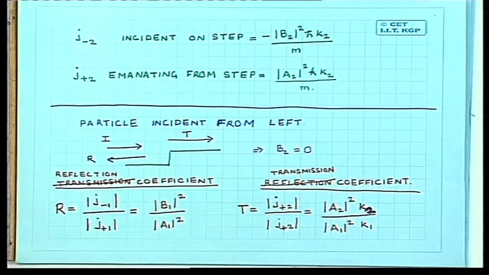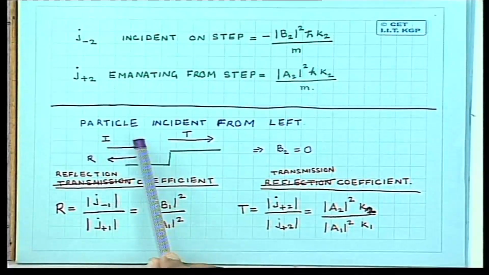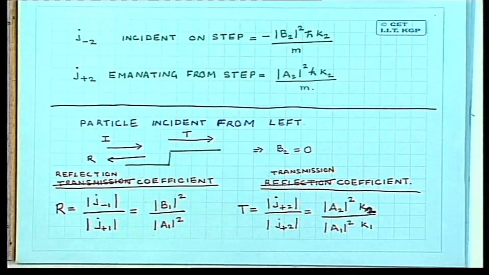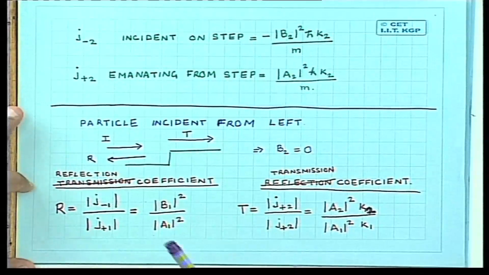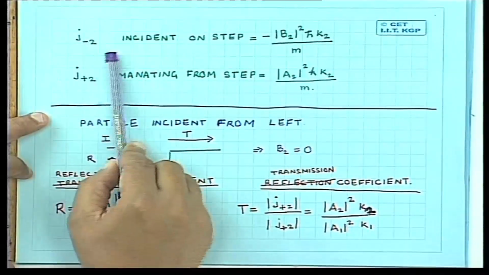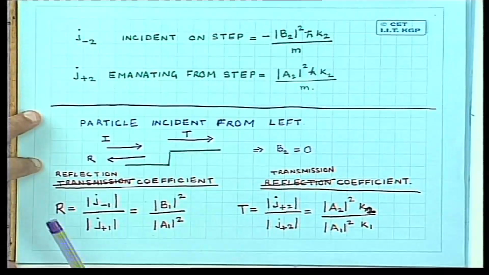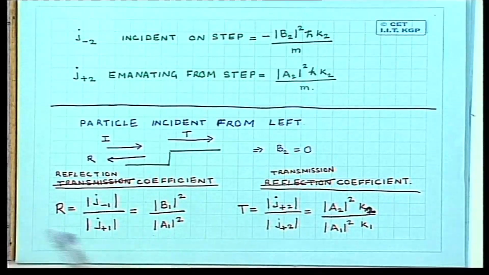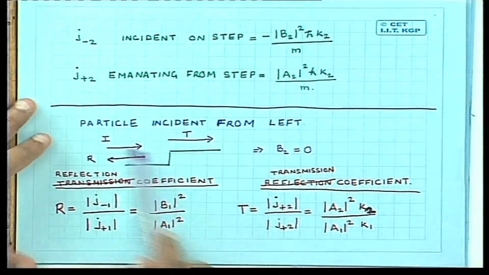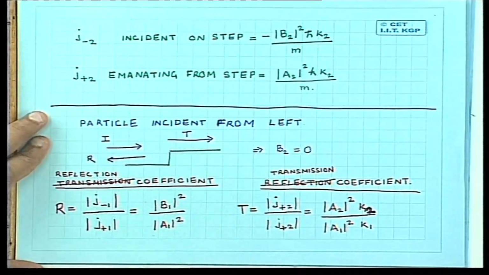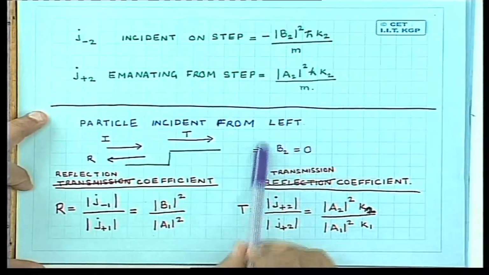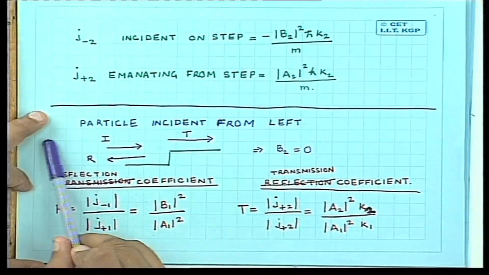Now we want to consider a situation where you have particles incident from the left side and there are no particles incident from the right side. That is a situation we want to consider. The j minus 2 should be 0. These are the boundary conditions which we have to set. We are considering a situation where a particle is emitted from one side and then it encounters this step and we want to study what happens. So j minus 2 is 0, which tells us that b2 is 0 and we have particles incident from here,